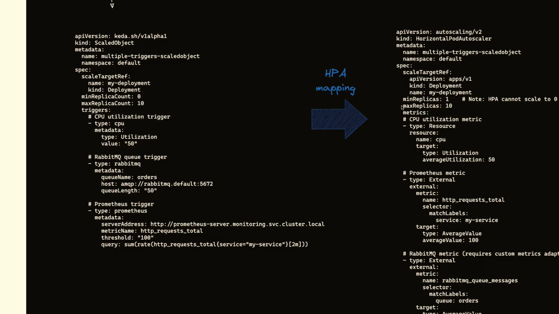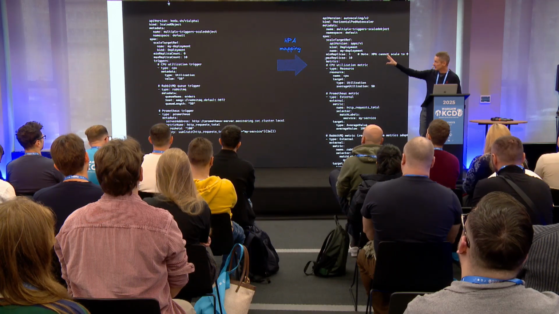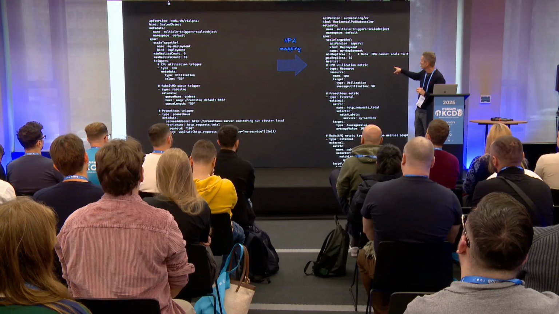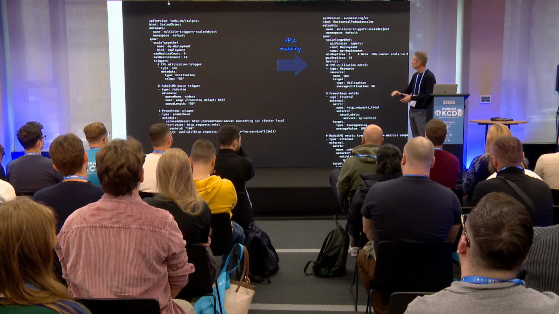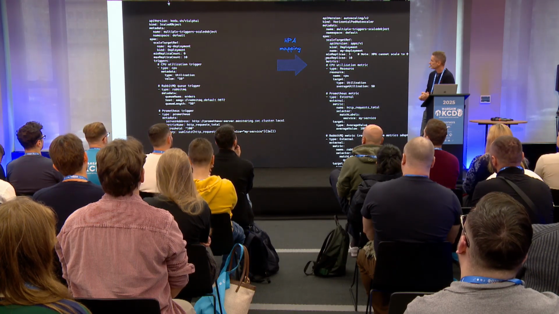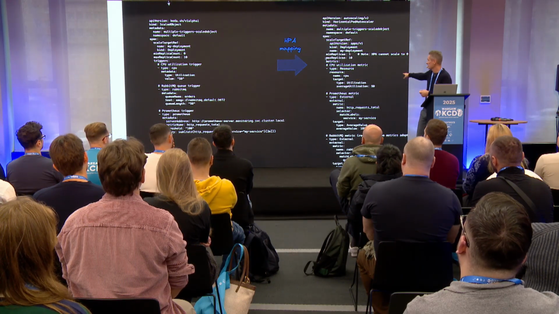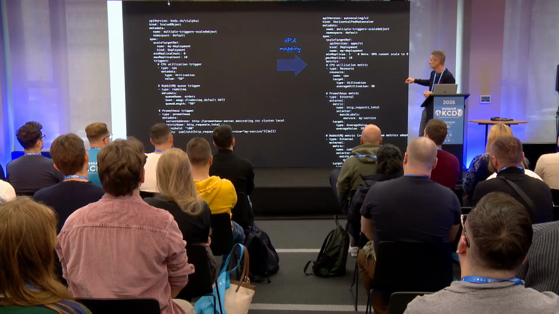Like I was saying, KEDA is basically some sort of pipe, transformation between exactly this scaled object that we define, and then it translates that into a horizontal pod autoscaler resource. That is something that we create, and this is something that it creates.